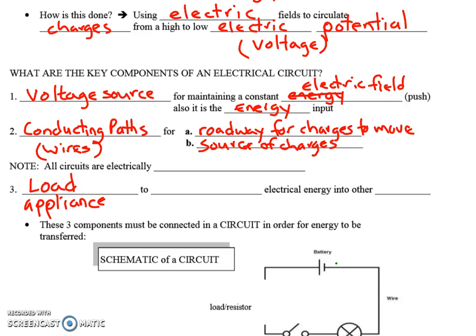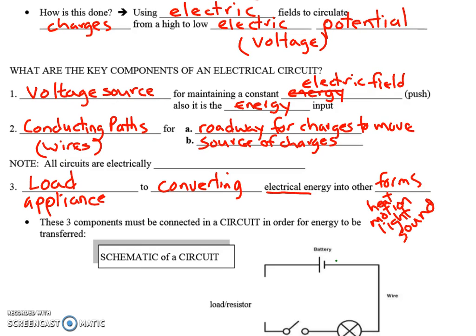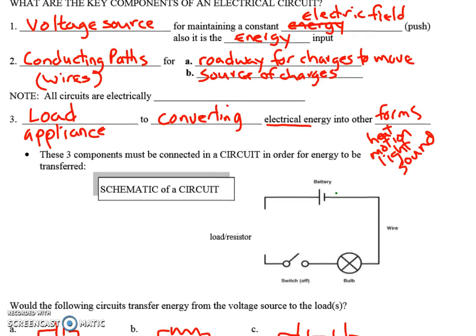What you're doing with the load is you are converting the electrical energy from your voltage source into other forms. So that could be heat, that's easy to do. That's with a toaster. You get motion if you have a motor, that's harder to do. You can get light. That's easy or hard depending on what you're trying to achieve, and sound, etc. Okay, so those are the three things, and now what we want to do is represent them, how they appear